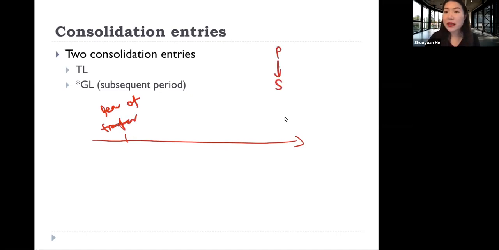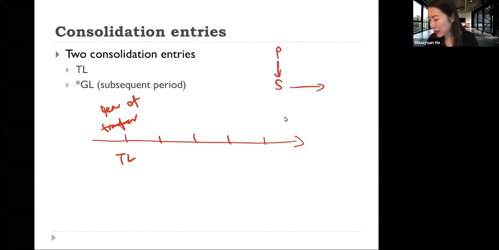It's either the parent transfers a piece of land to the subsidiary or the subsidiary transfers a piece of land to the parent. Let's just assume here it is a parent to subsidiary downstream transfer. In the year when this transfer happened, we need to make the consolidation entry TL. And in all subsequent years,